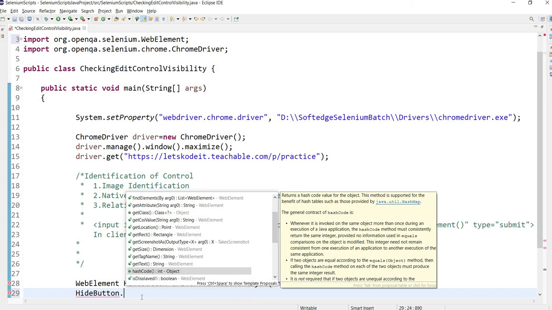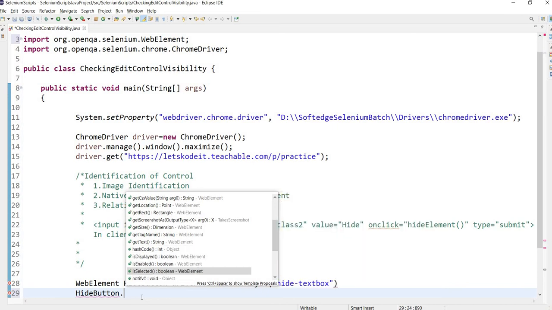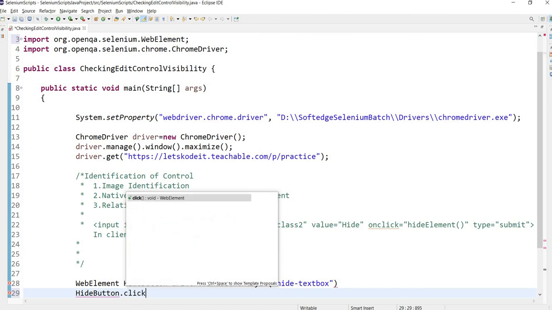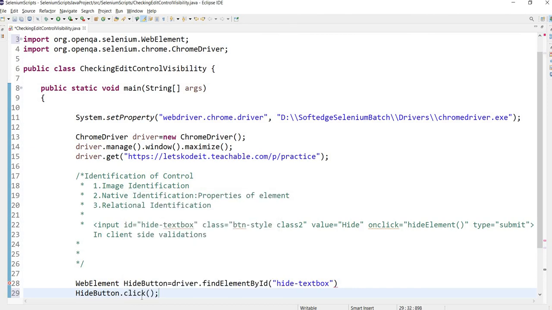Clicking, typing, any kind of UI interaction. Let's say you want to check the state of a particular control, whether it is disabled or not, whether it is enabled or not. So if you want to work on the UI controls of the application, you can make use of the APIs here. You will choose the correct API based on the kind of interaction you would like to have on that.